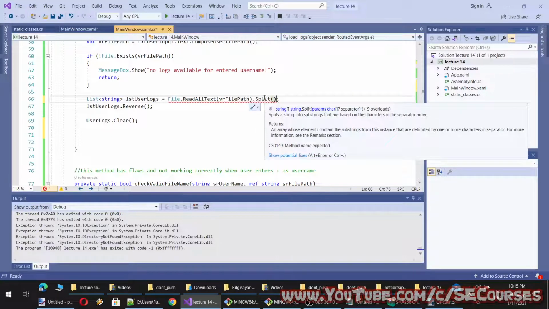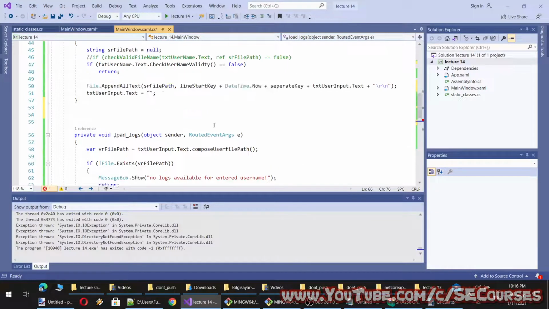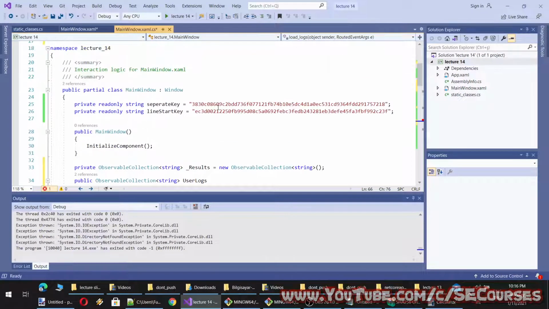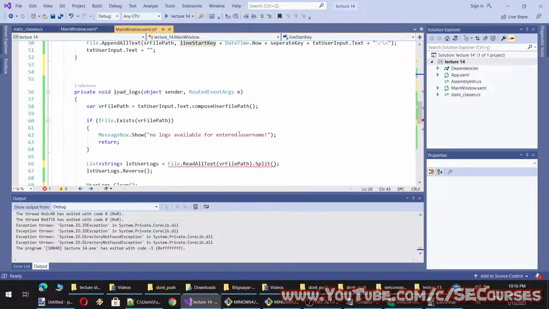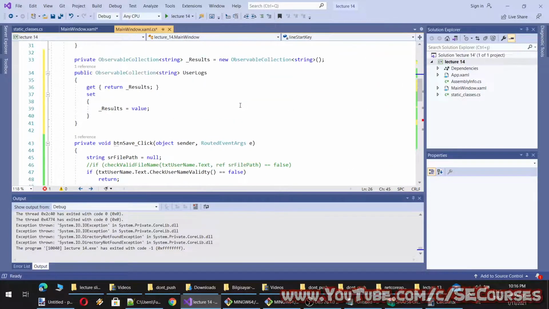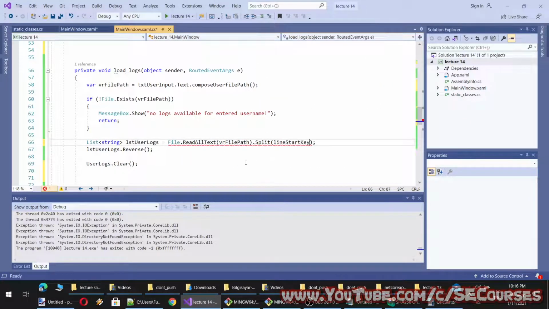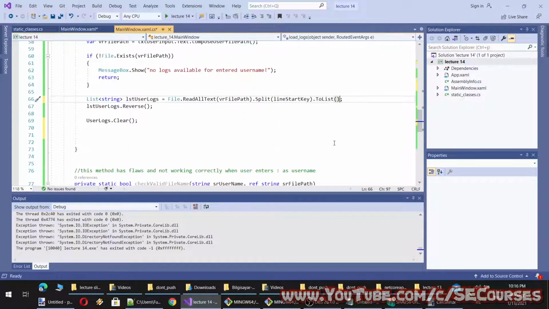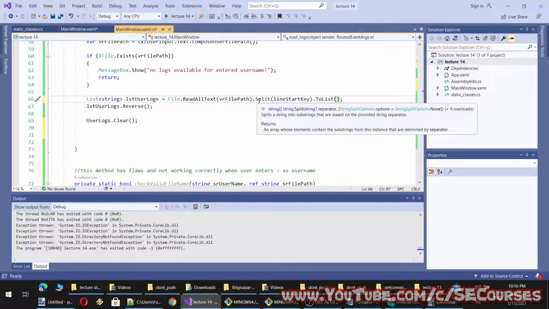and you see this also supports string because this is .NET Core. In .NET Framework you have to write another extension method to support splitting with a string. Okay, here I will split it with line separator, and then I will convert it to a list, because split by default returns an array.